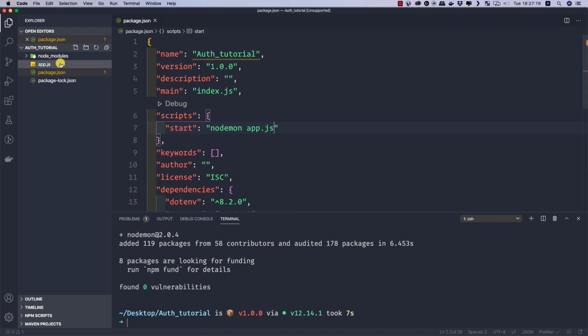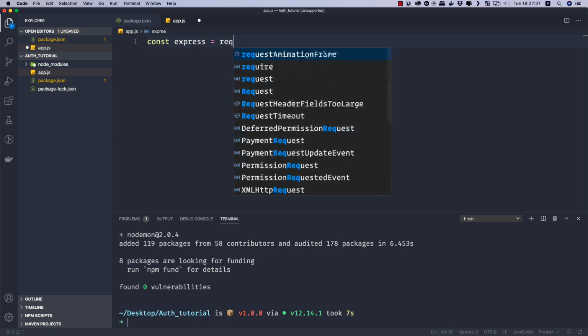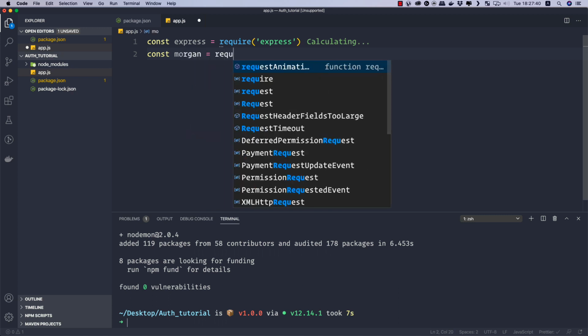So now let me go to the app.js file here, and firstly I want to import some things, that is I want to require some things, because we do not use import statements in Node.js, we use require. So const express equal to require express. Then we need the Morgan package, so const morgan equal to require morgan.